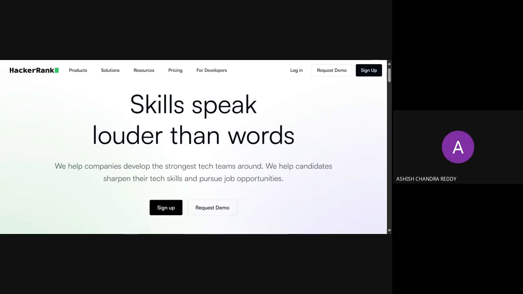In HackerRank, in my profile name there is no roll number. I can't add it now. Have you done the sign up on HackerRank? Yes, ma'am. With which email ID? Student mail ID. Then in the profile section you will find the username.